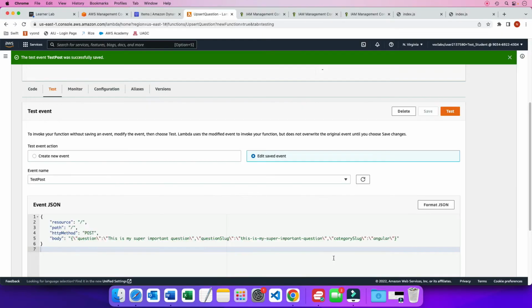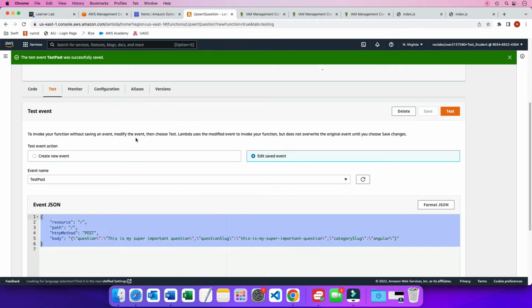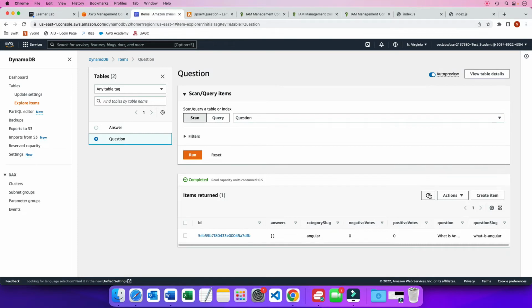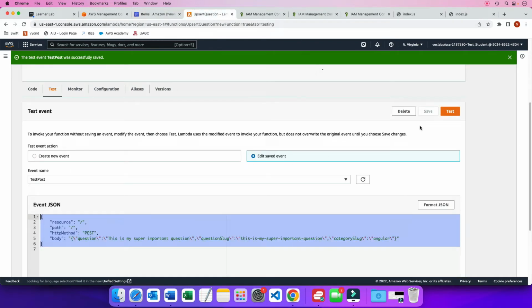Alright, so what this lambda is going to do is it's going to add a new record, or new question, into the question table. Now if we go back to our DynamoDB, we click on question, and let's refresh just in case. I only have one record so far. Items returned, just one. Okay. Now when I go ahead and run this test, either it's going to update an existing record or it's going to insert a new record. Okay. So if I click on test,